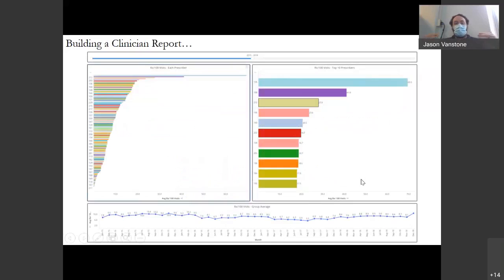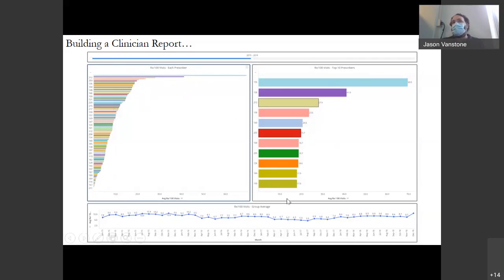So we started collecting data from that EMR, and we built, as I said, a clinician report. This is just an example of some of the stuff that's in there. For example, we would have a slider bar at the top that would let them choose the years of data that they want to look at. Then we could show them things like the number of antibiotic prescriptions per 100 patient visits, broken down by prescribers. Each one of these colored bars represents a different prescriber in that EMR. You can see that some people are relatively high prescribers and some people are much lower.